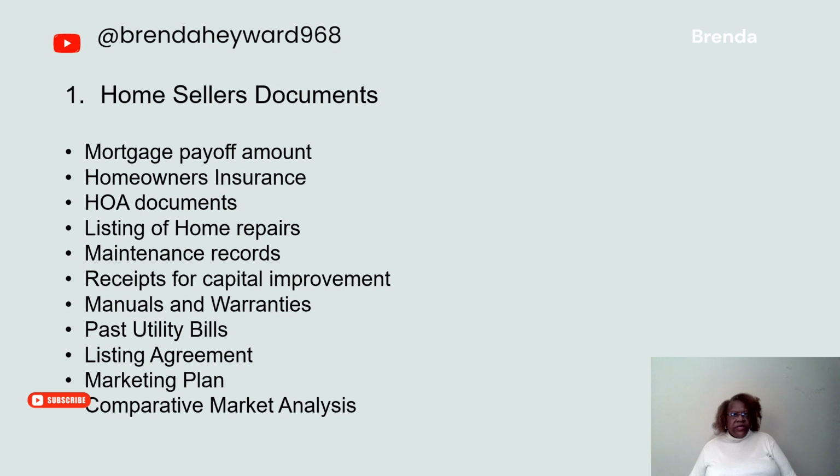Sellers, put together a list of all the required documents and view them prior to the sale of the property. This is one of the hardest parts. Some of the documents may only need to be printed off of the websites or found in an updated envelope from the companies sent to you. Some of the documents are the mortgage statement payoff amount, homeowners insurance records, homeowners association documents, home repair and maintenance records,